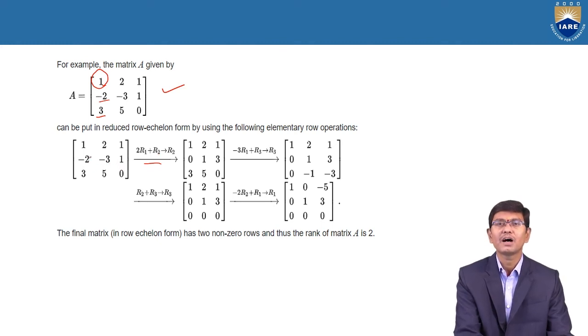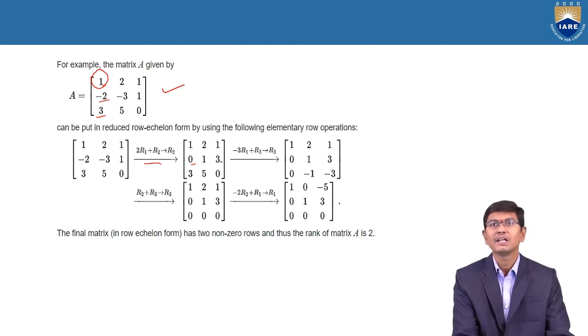Therefore, on R2, minus 2 plus 2 into 1 equals 2, so minus 2 plus 2 is 0. Similarly, minus 3 plus 2 into the value gives 1, and similarly the other gives 3. But it is also required to make the entry minus 3, that is, minus 3 R1 plus R3 applied on R3.